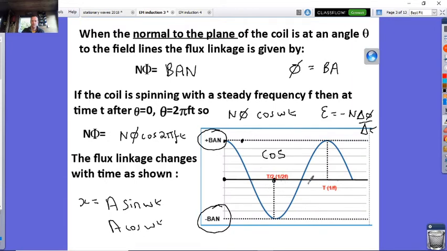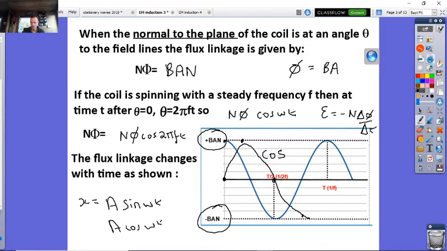The gradient is 0 just here. Here is going to be maximum positive, therefore it ends up being maximum negative. Hence, you get this waveform popping out just like that, which is shown in the simulation before. Now, to go with that then